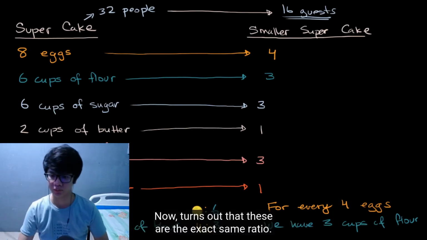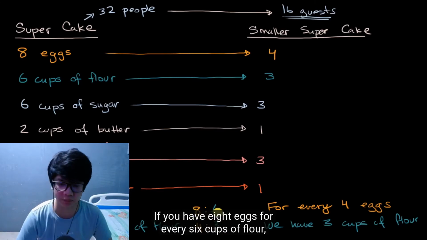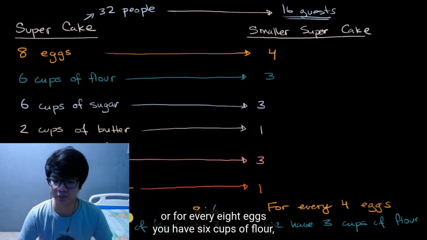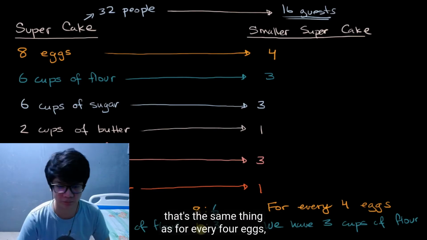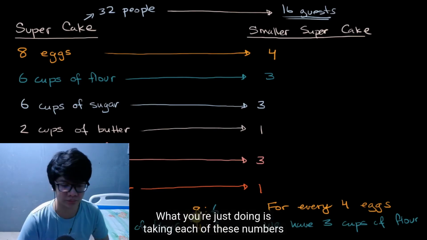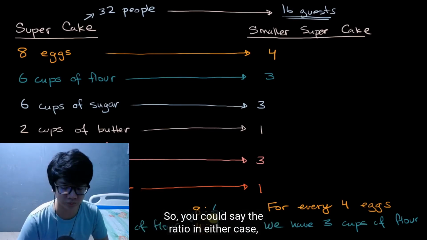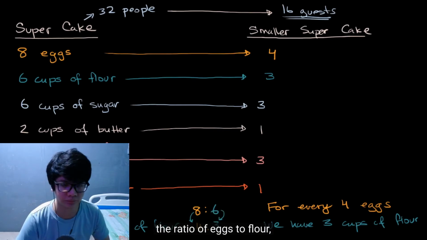Now, it turns out that these are the exact same ratio. If you have 8 eggs for every 6 cups of flour, that's the same thing as for every 4 eggs you have 3 cups of flour. What you're just doing is taking each of these numbers and dividing it by 2. So you could say the ratio in either case, the ratio of eggs to cups of flour, let me write this down,